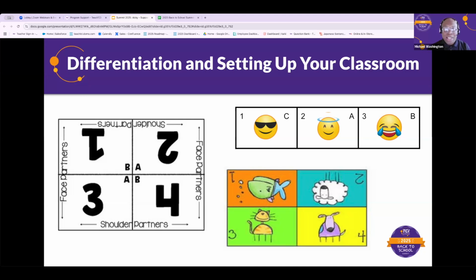So these are just things that you can actually find online. I use this in my classroom. My students actually love them, and they had no idea what I was doing when I would say, "Hey, all of my fishes, go ahead and match up with the cats." They had no idea. They just thought it was funny and kind of goofy and they went and did it, and you didn't get a whole lot of pushback, but it's a really cool way to differentiate just in how you set up your classroom. So you definitely want to be mindful of all those things when you're thinking about differentiating and supporting students in your class.